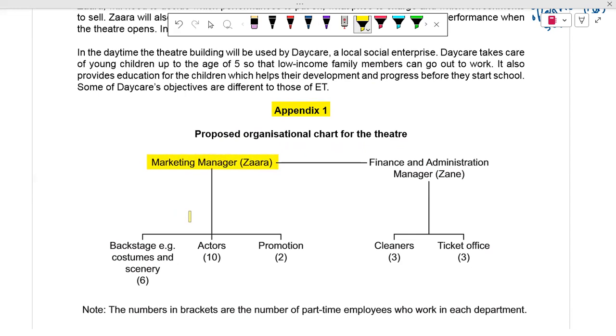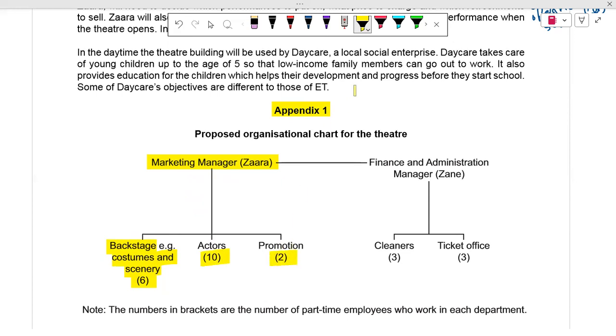Okay. So under Zara, there are basically backstage, actors, and costumes and scenery, and they have 6 people. There are 6 people, and actors are 10,